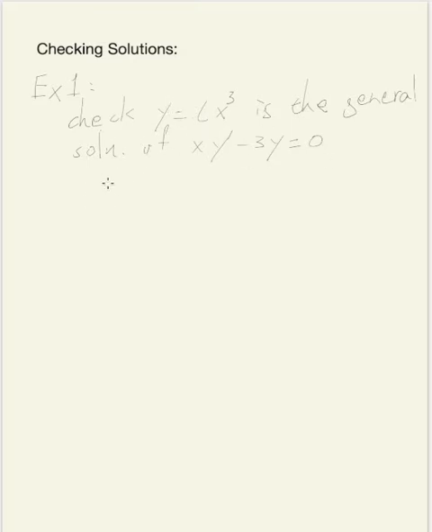So if y is c times x cubed, then what is y prime? We have y equals c times x cubed, and if you differentiate it, you get y prime equals 3 times c times x squared. Right, now we plug it in, we get xy prime minus 3y